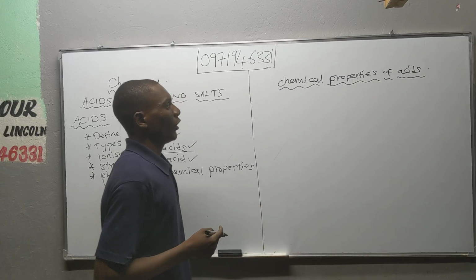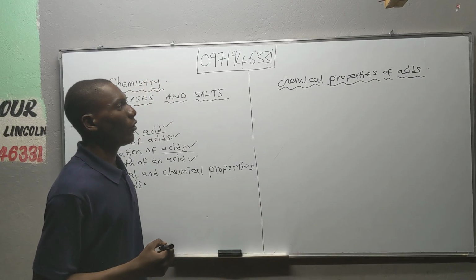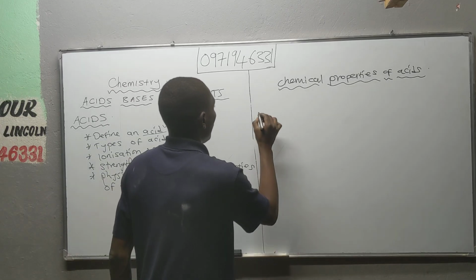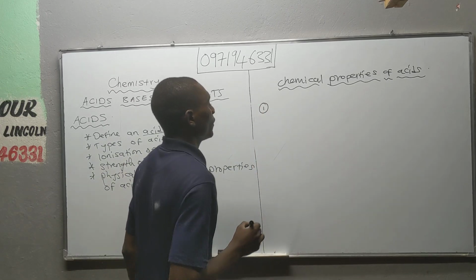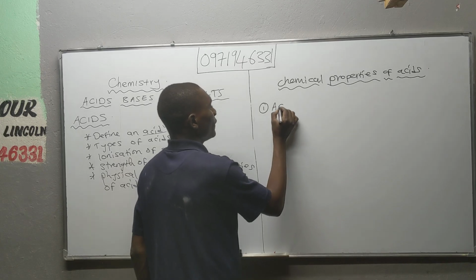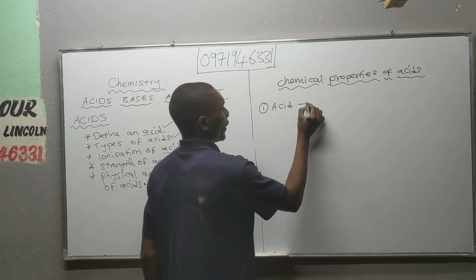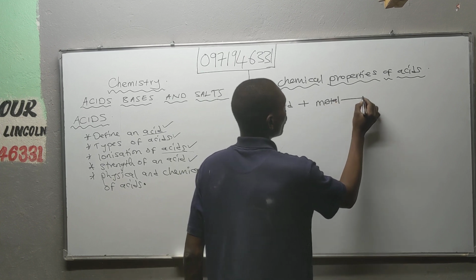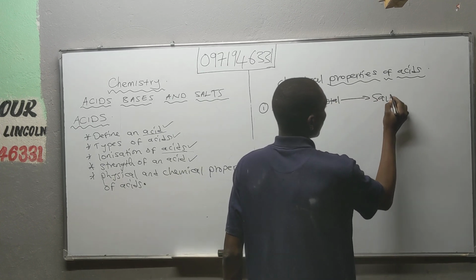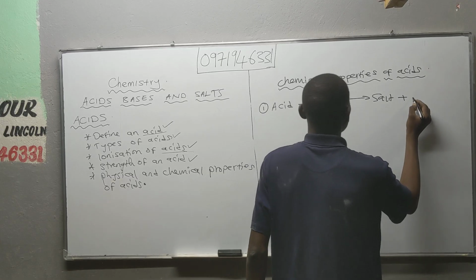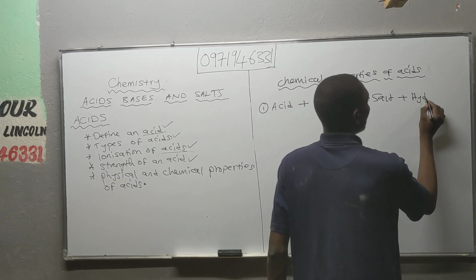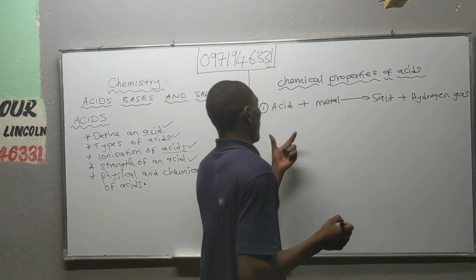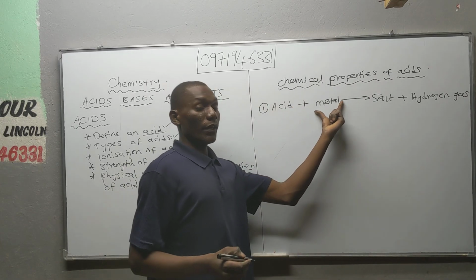Alright. So we move on to the chemical properties of acids. So number 1, acids can react with metals to produce salt plus hydrogen gas. An acid can react with a metal